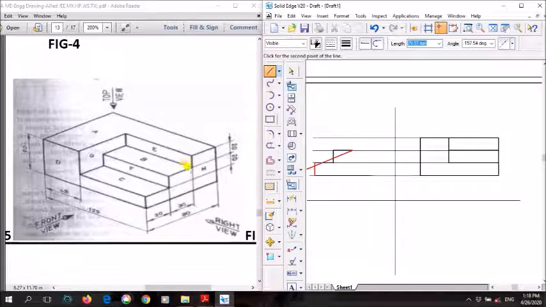Now I am at this point. So again upwards, how much is it? 20 mm. So again upwards 20 mm. And finally this one. So here it is total 90. So already we have drawn 30, 30. So 60 it is. So to complete 90, how much? Again you need to add 30 mm. So to the right side again 30 mm. And finally from there to here you join it. Right. So we got our step.